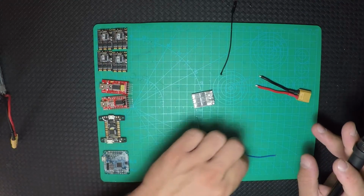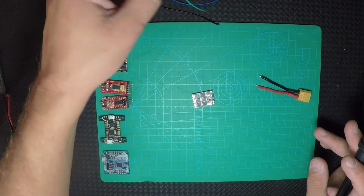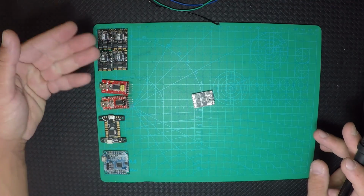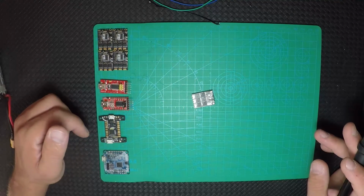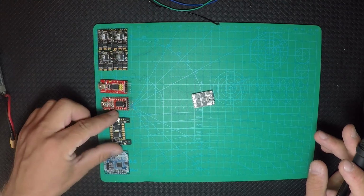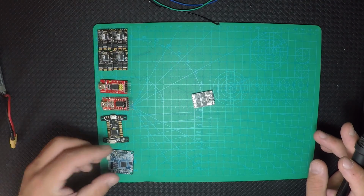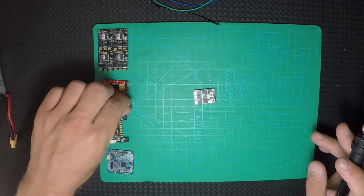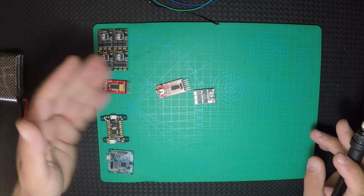That's it. We have all the wires out, and we're not gonna throw them away, because we're gonna use them for another 4 ESCs and make them work with another FTDI, and after that we're gonna flash them just with the KISS FC controller. In my case, because I use the KISS FC controller. If you use a Flip32 or Naze32, you have to take them out every time with the wires, with the FTDI, with the LiPo battery, with the computer, and refresh them with a new version